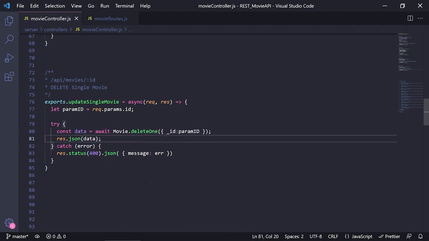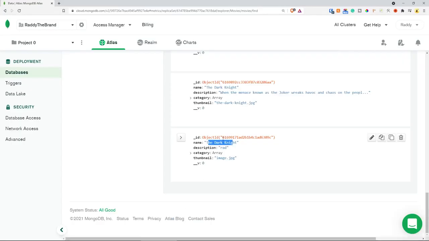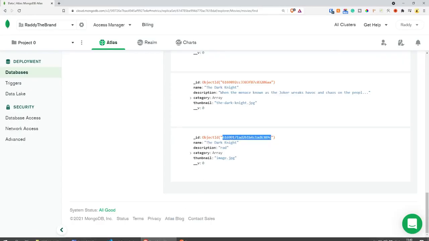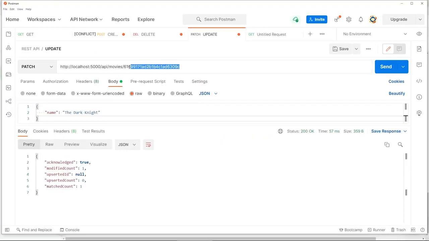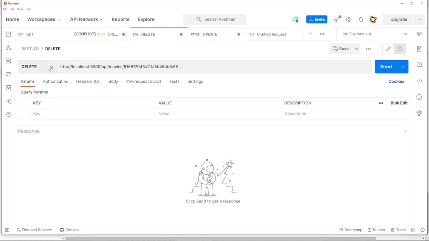Save it. And now if I was to grab this ID one more time, copy, and paste in here, so we have body, raw, sorry, this is not the one. I need to go to delete. Okay, so we have request as delete. We have the same URL. I just need to change the ID in here. And that's it. So I don't need to do anything else actually. So if I send this,